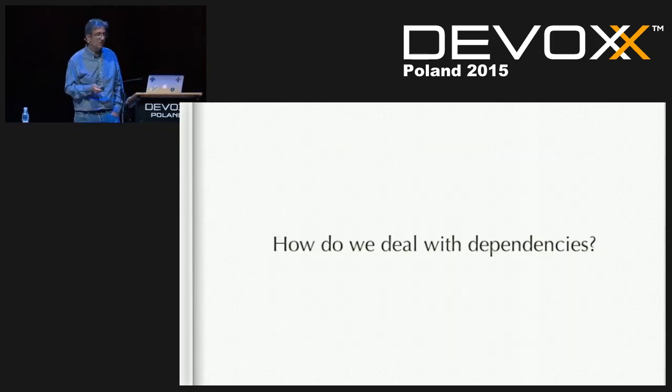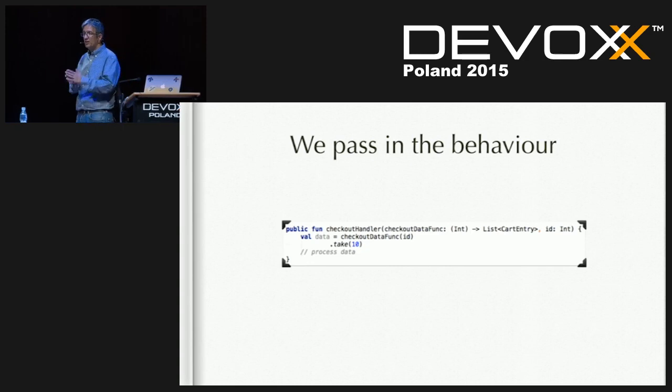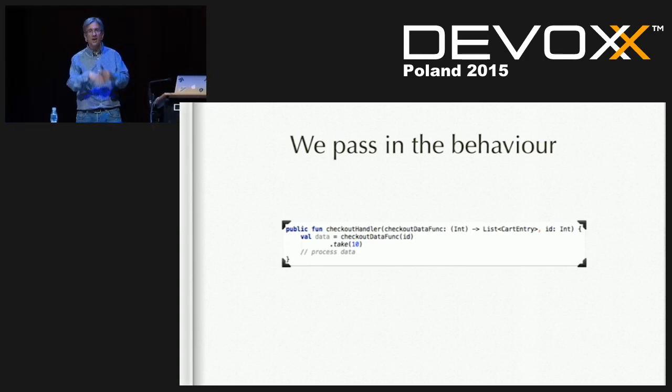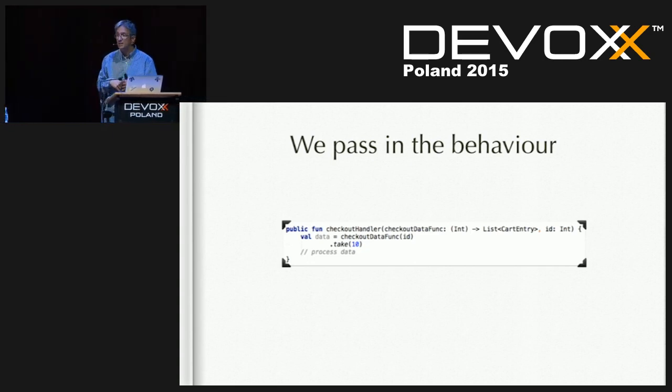So how do we deal with dependencies? Well, essentially we could actually pass in behavior. Again, maybe that abstraction, because normally when a class violates single responsibility because it's got too many dependencies passed in, maybe we need to raise that lower layer of abstraction or decouple it in a different way.